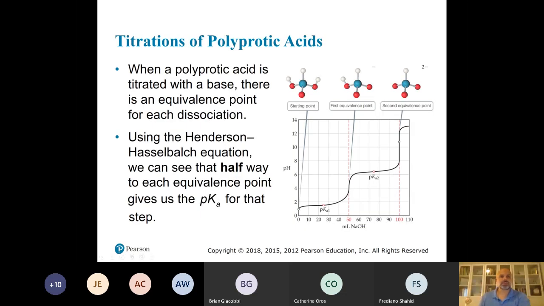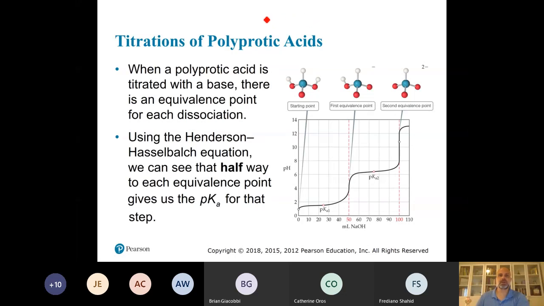All right, titrations of polyprotic acids. When a polyprotic acid is titrated with a base, there is an equivalence point for each dissociation. Using the Henderson-Hasselbalch equation, we can see that halfway to each equivalence point gives us the pKa for that step. So if you have, as an example, I don't know what acid they're using here, but if you think about it,